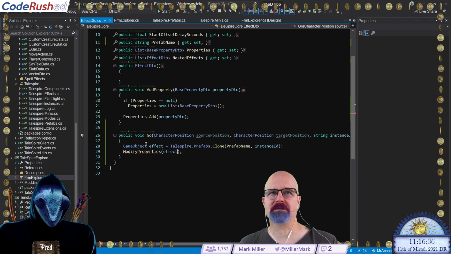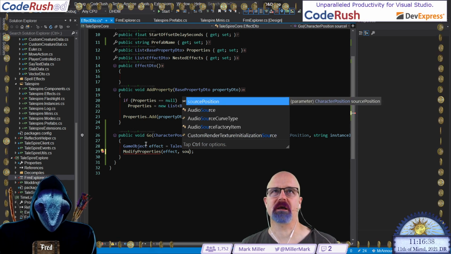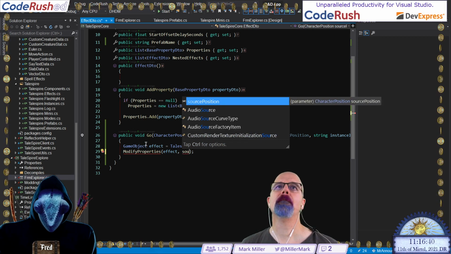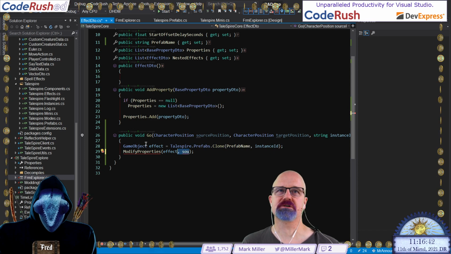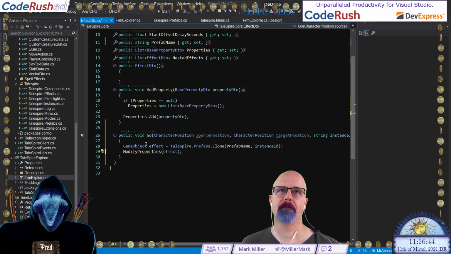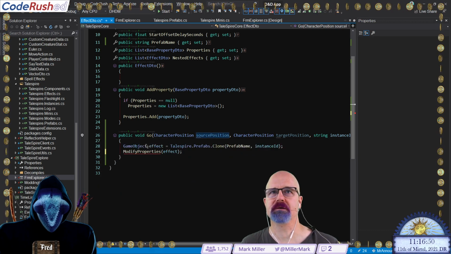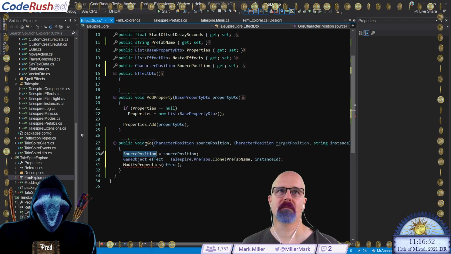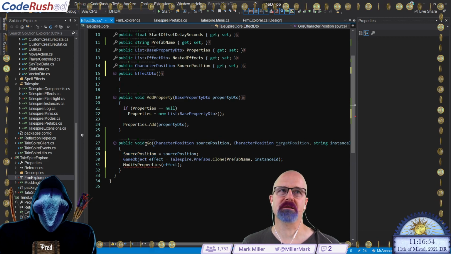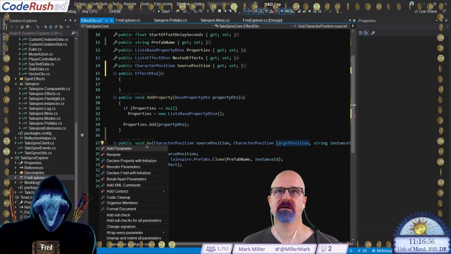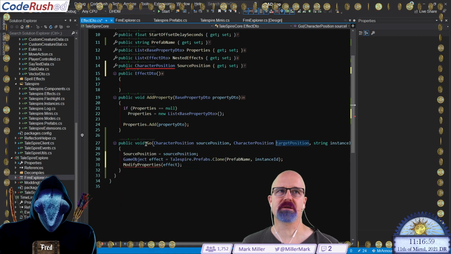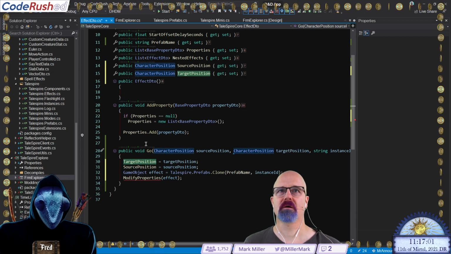And I think I'm passing in source position and target position again. Or do I just store them internally? I'm beginning to think I'm going to store these internally. So these are not going to be persisted, but these are going to be internally stored.